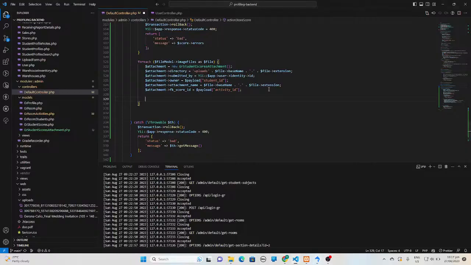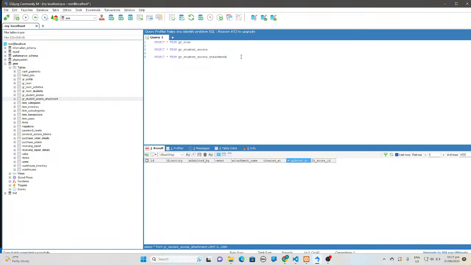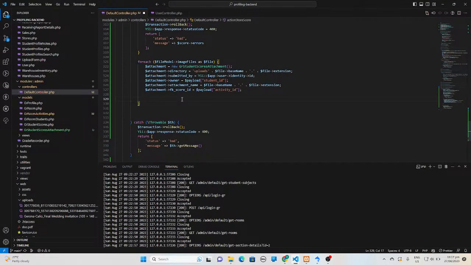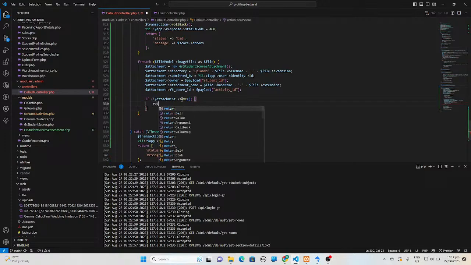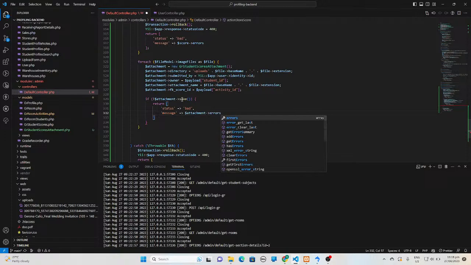So again, this created and updated, probably out of field. So if not attachment save, it will return an error. Status bad, and the message will be attachment and its errors if